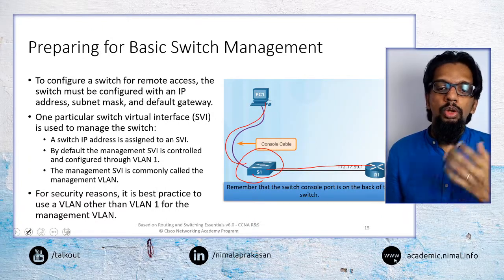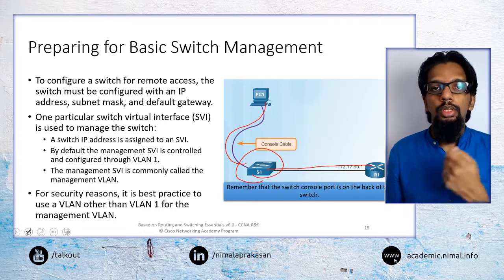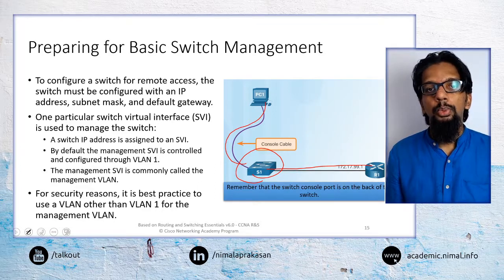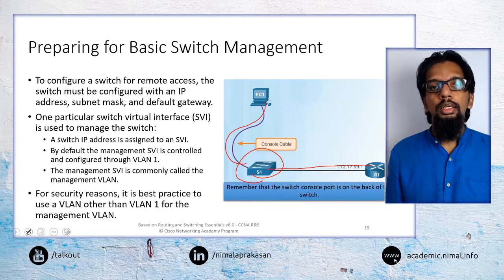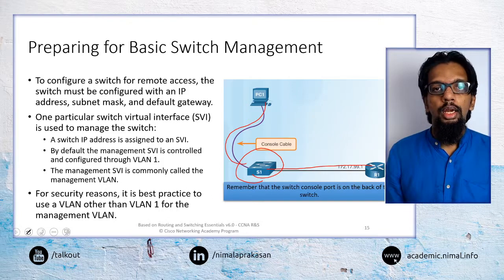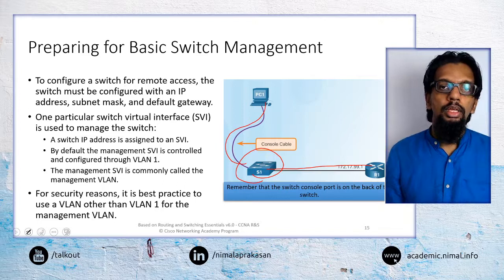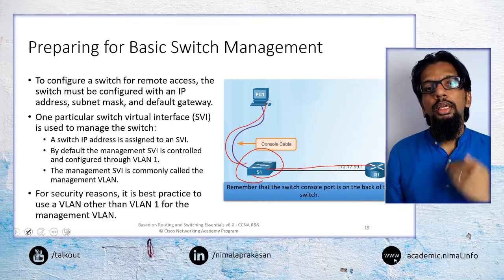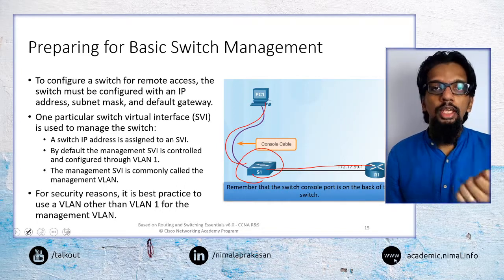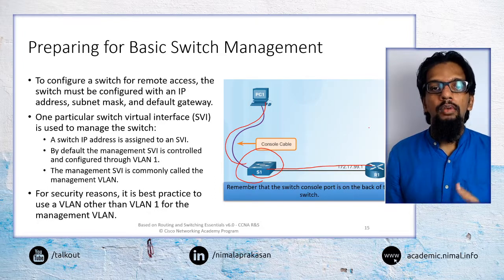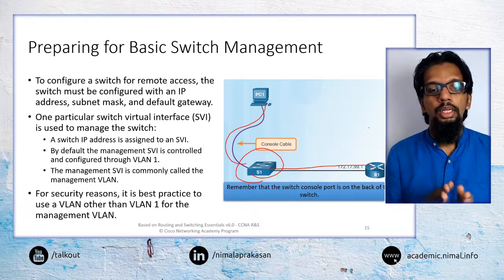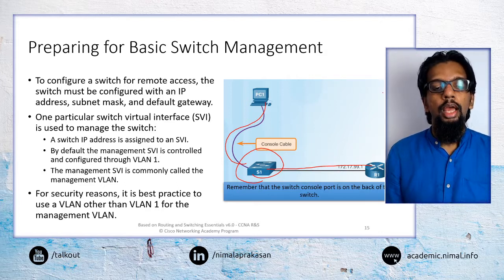sometimes connecting through a console cable is easy, because you can always connect it that way. The disadvantage is, depending on where the switch is located, it may not always be practical. Say if the switch is located at a very high up location or very far away, connecting to the switch physically may not be convenient. In those cases, it may be advantageous to have an IP based configuration, connecting through the IP and configuring.